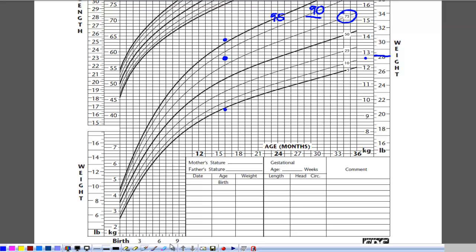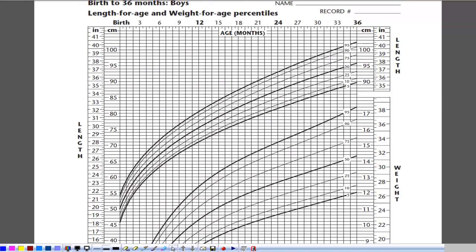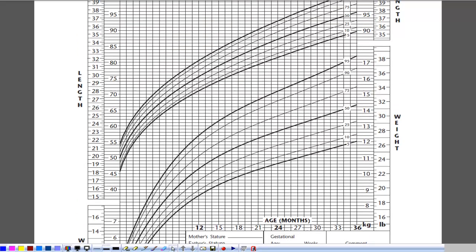So let's go up to the length here and plot a few other points, or at least one other point. Okay, so if I plot a point up here, let's say maybe, I need to scroll down so that I can see the age down there. Let's say we take the child in and they're about right here. A lot of times they'll have points from the past, so maybe they'll have lines connecting these when you see this report. But what we're looking at right now is just one point. This point means that if I bring this down, hopefully I did that right, the child is 30 months old, so they're 2.5 years old. And then if I go to the right,